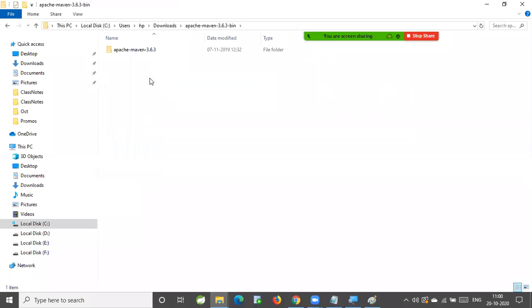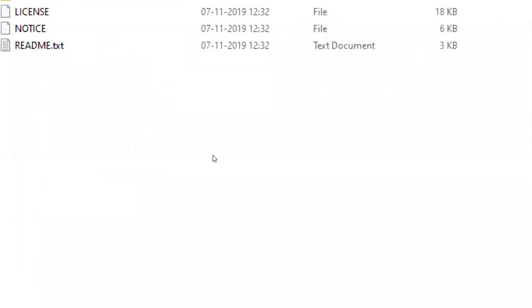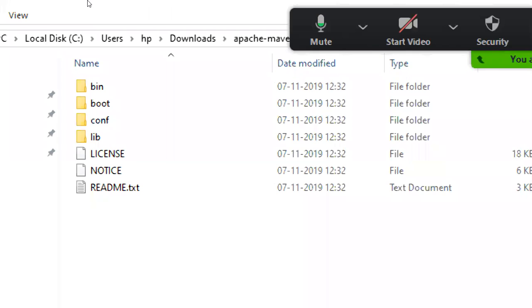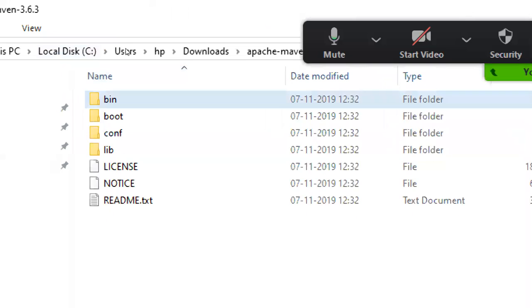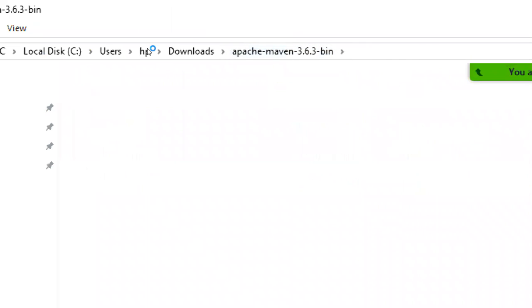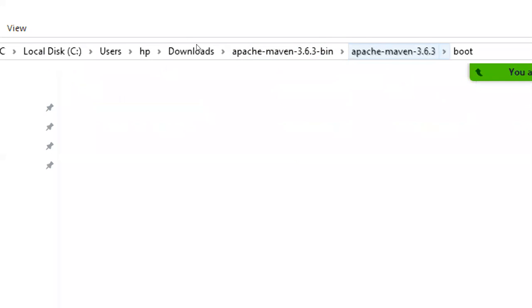Apache Maven 3.6.3 bin. This is the folder structure of Maven. After extracting the zip file, we can see this folder structure. Go to bin, some commands of Maven are available, right? Now go to boot. Here some jar files are available.